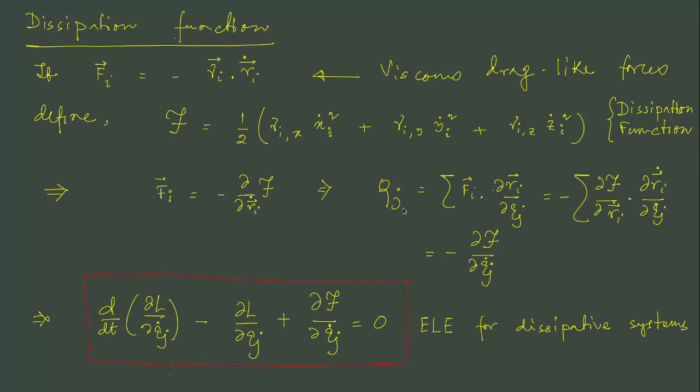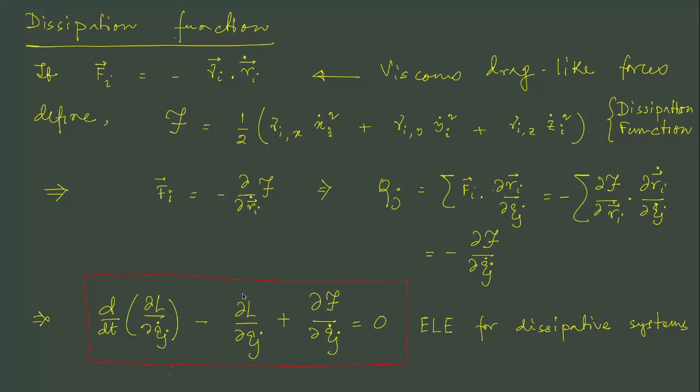So if you calculate the generalized force, you write Fi and then ∂Ri/∂Qj. Fi is the partial derivative with respect to Cartesian velocity, and ∂Ri/∂Qj, this we calculated before, one of our tricks. It gives us ∂Ṙi/∂Q̇j. So we substitute that. Once you substitute that, this velocity appears, and using the chain rule, and because there is no time involved here, it directly becomes the negative of the partial derivative of the dissipation function with respect to Q̇j, the generalized velocity.